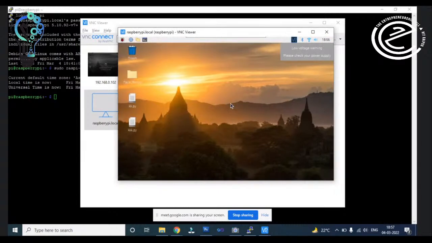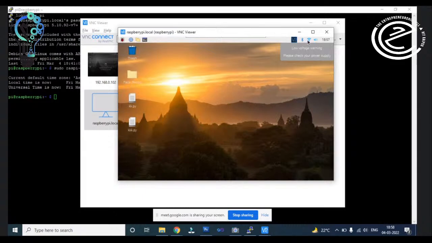I told you, if you will not go with the wireless connection, then you need to connect your Raspberry Pi board with a LAN cable, and it will always remain connected with the LAN cable, and then you will get access to your Raspberry Pi board. But if you want to access this Raspberry Pi board through the wireless connection or through the HDMI cable, then you need this IP, right? Through HDMI cable, you can connect your Raspberry Pi board with your VNC Viewer, or through IP, you can also connect this Raspberry Pi board with the laptop.